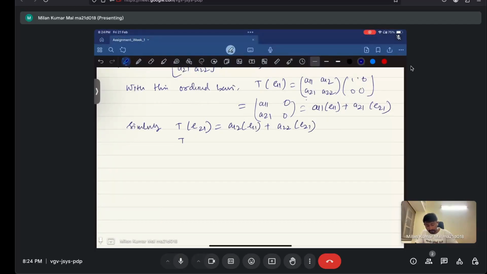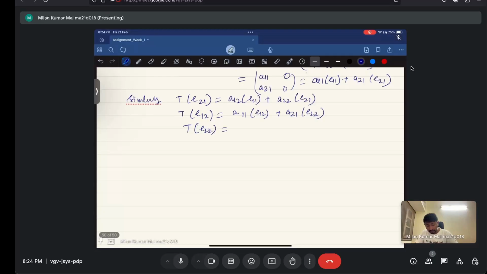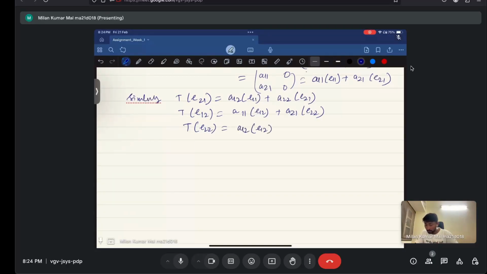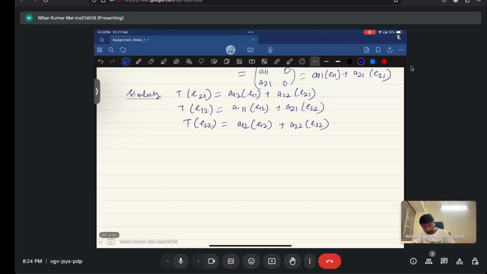Okay, and T of E12 is equal to A11 E12 plus A21 E22, and T of E22 is equal to A12 E12 plus A22 E22, right? So then the matrix of T is